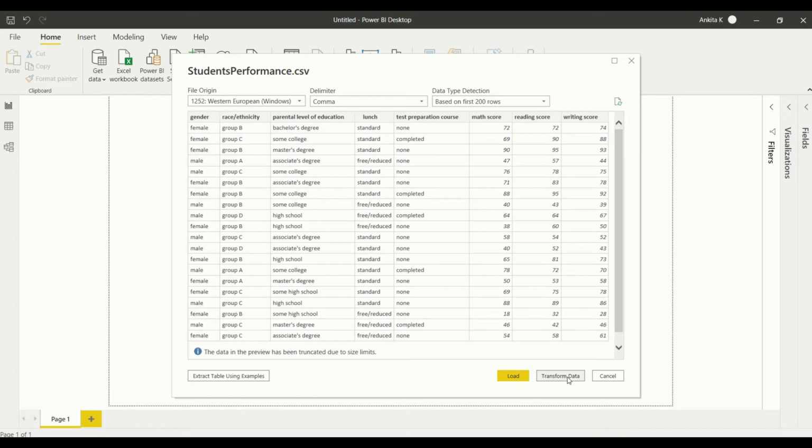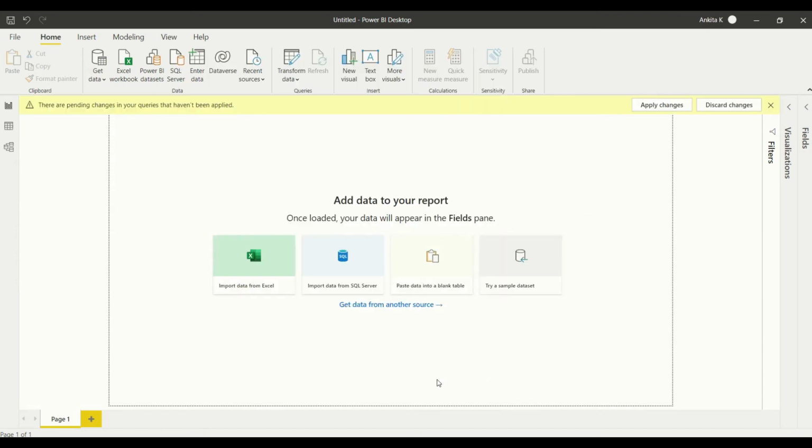Else you would have to click on the Transform Data option and work on that transformation. Again, it's a beginner's video, so I'll not go into all these different options as of now. But as we mature in the next weeks with Power BI desktop usage, we'll explore all these options.